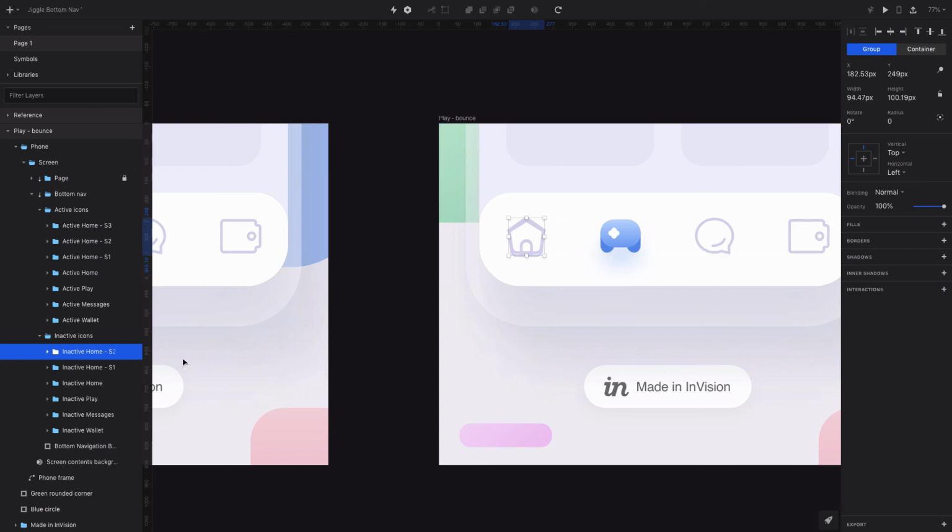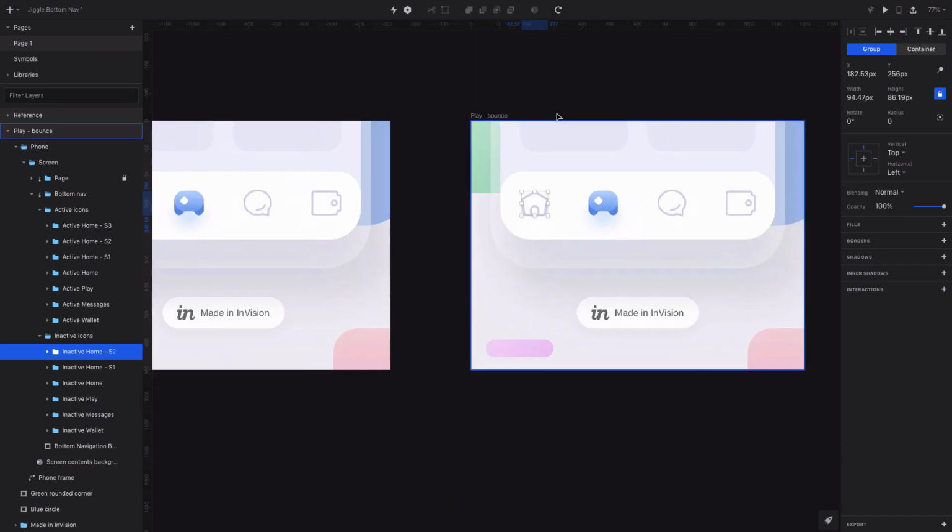So just take S1 and reduce opacity. Oh, there's a mistake. Make sure you are holding on Option and Shift together. Yep, that works. Let's deactivate this guy